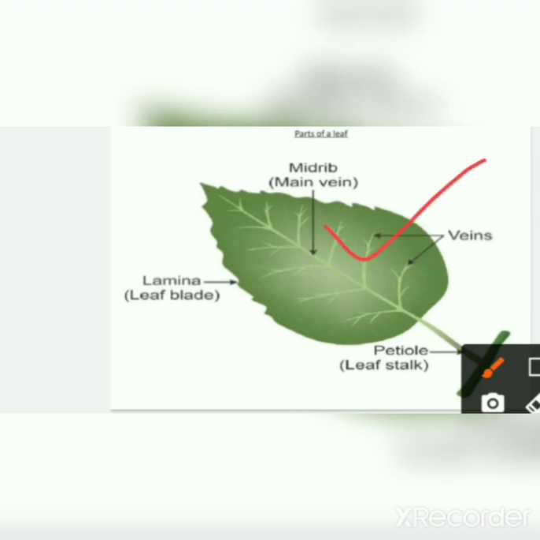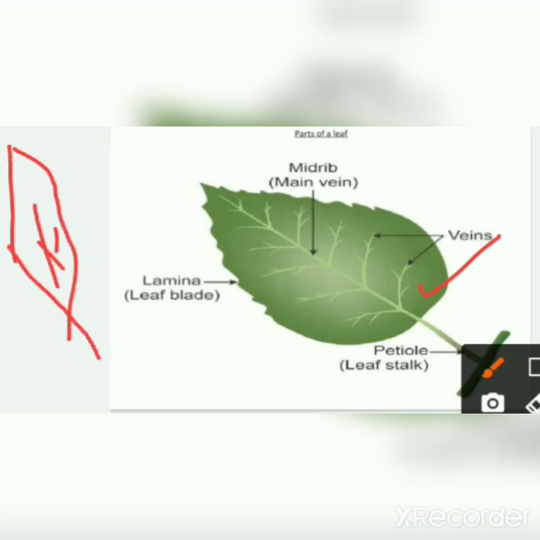So children, a leaf has a flat part. The flat part of the leaf, this whole part, is called the leaf blade. And a leaf blade can be narrow or broad. Narrow means some leaves we have seen are very thin like that. As we know, different types of leaves have different shapes. They are different in size and color. And also in this leaf, we have different parts given.